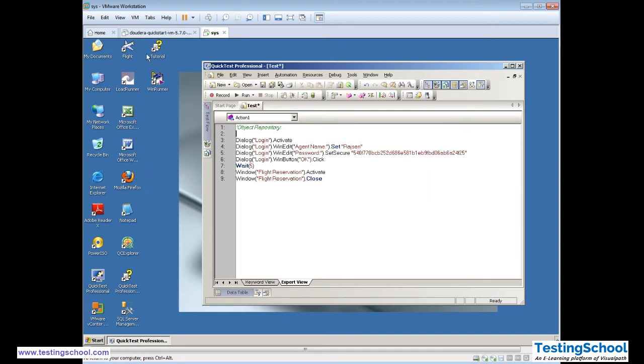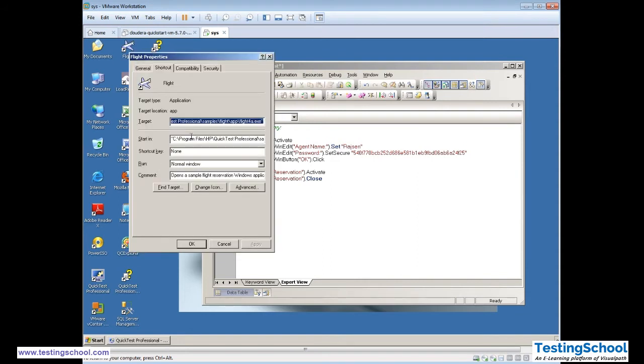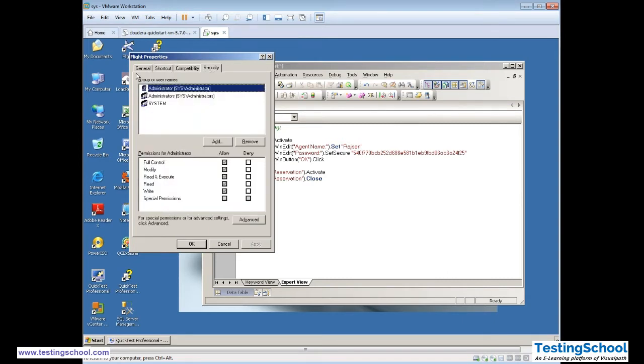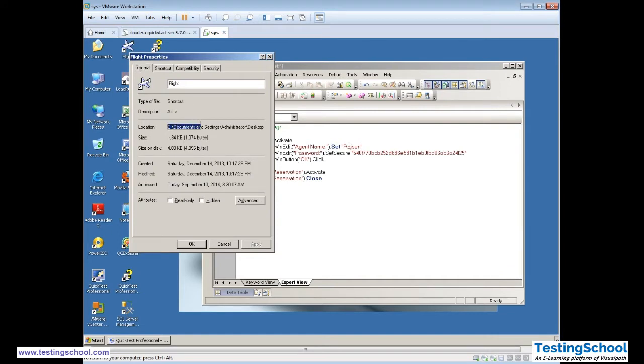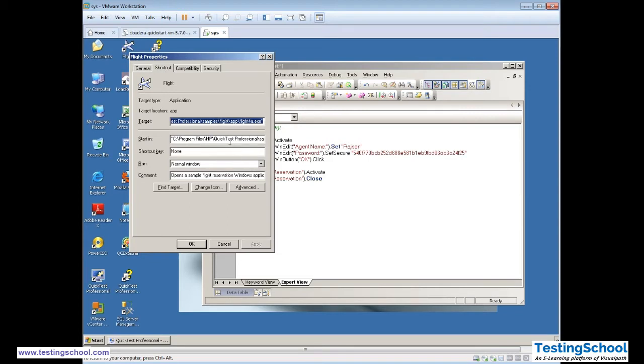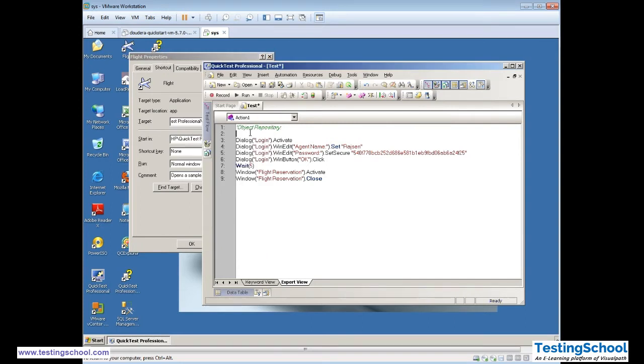The standard way of launching is to find the application properties, find out the path, copy it, and now we have a command called SystemUtil dot